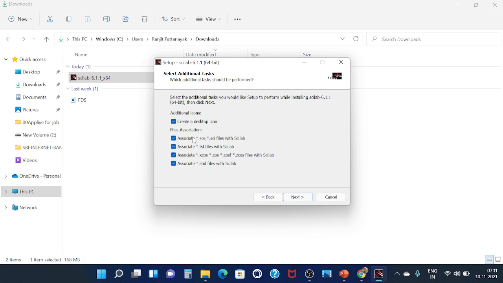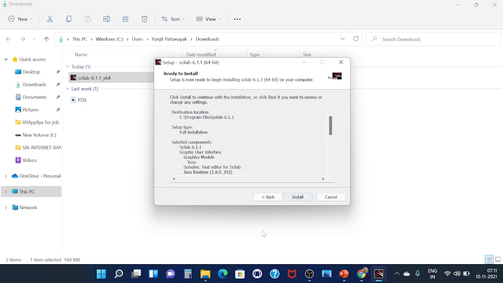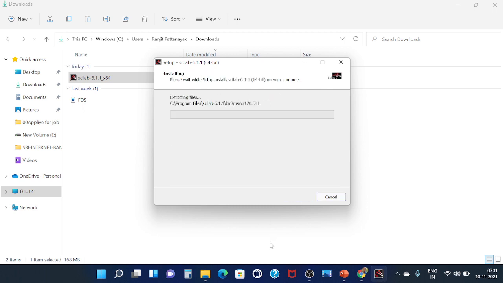All the accessories will be installed. Then you have to click install. Within a few minutes it will be installed in your system. For that you have to wait.